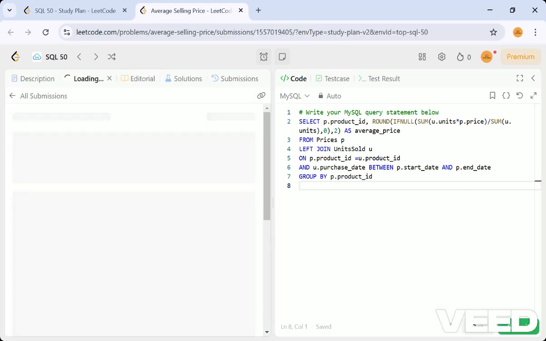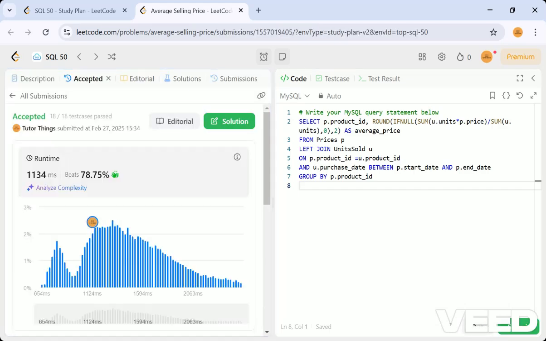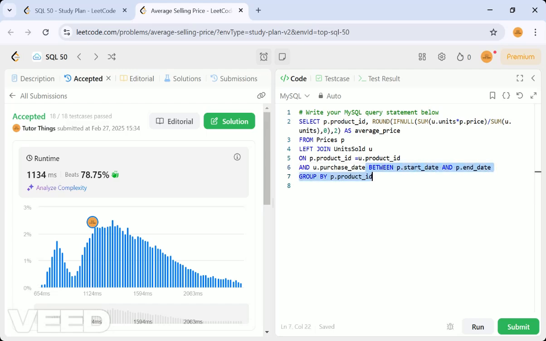One more thing we can do to solve this: instead of using between and and, you can have two conditions, like the purchase date should be greater than or equal to the start date and less than or equal to the end date, checking with those symbols. That is also fine. That will also run and give you the correct results. Do you want me to do that also? I can do that for you.